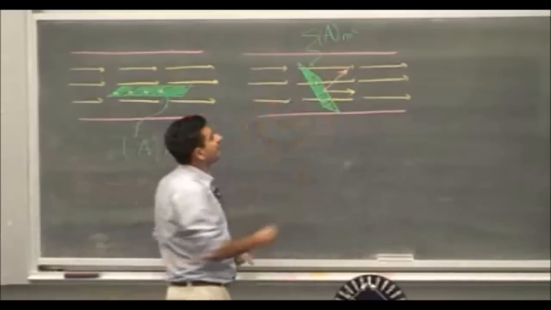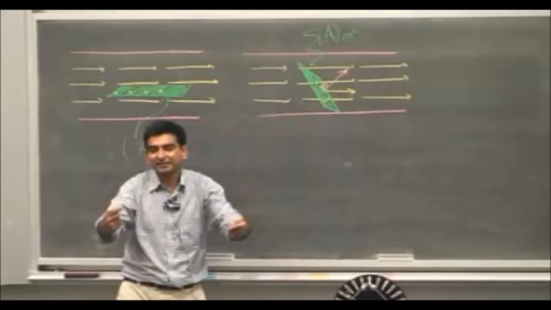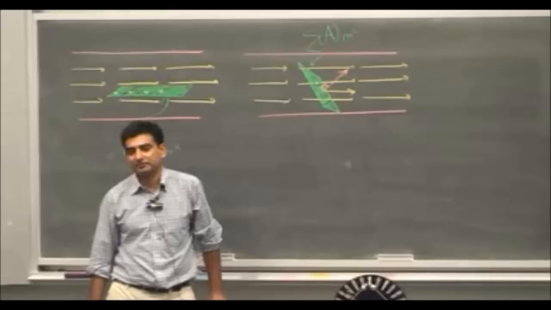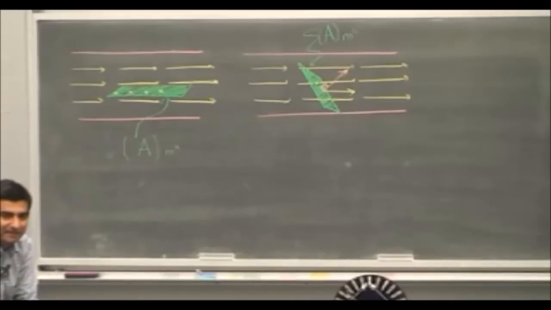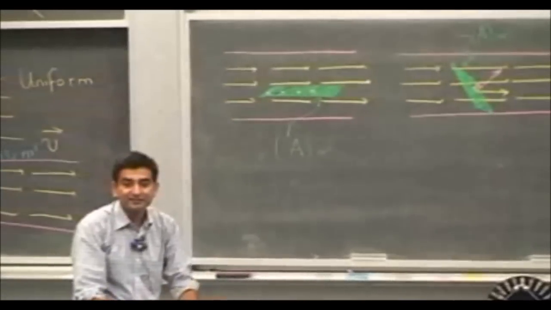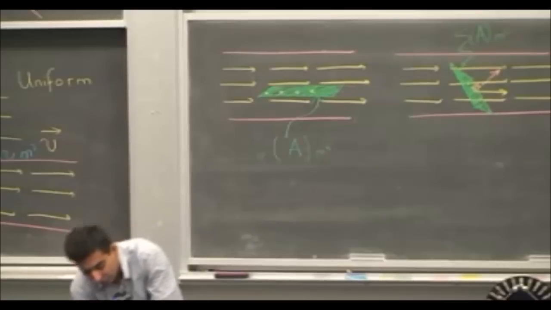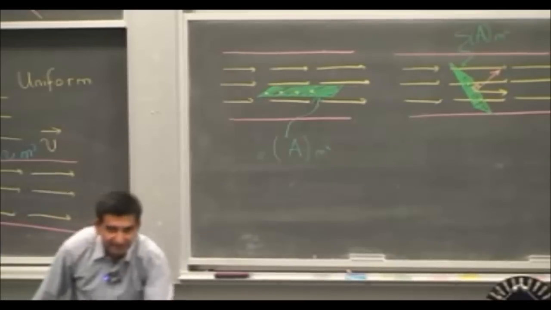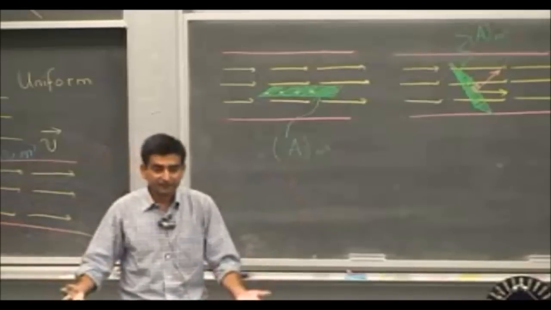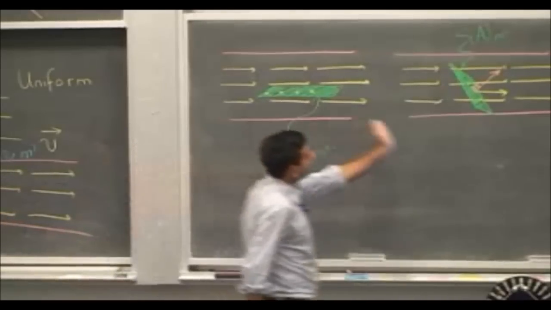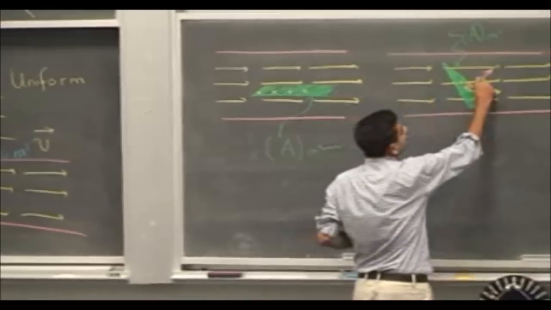So if I draw a surface and I draw a normal to the surface, this normal represents the orientation of this plane. If I draw a normal to this surface, it means I have identified the direction of the plane. The plane is horizontal because the normal is vertical. If the normal to this plane is horizontal, it means that the surface is vertical. So by looking at the normal to a surface, I can tell the orientation of the surface. So this surface is making a certain angle with respect to the velocity vector field. Let's call that angle theta.